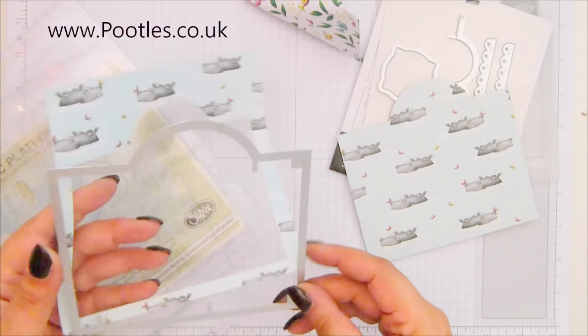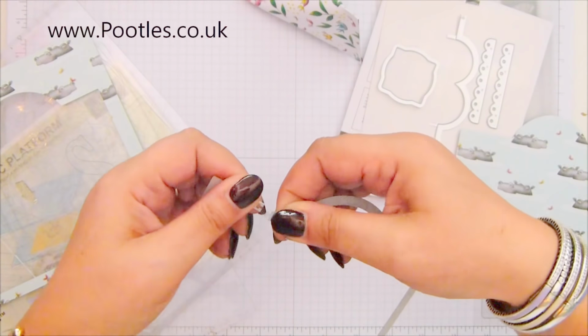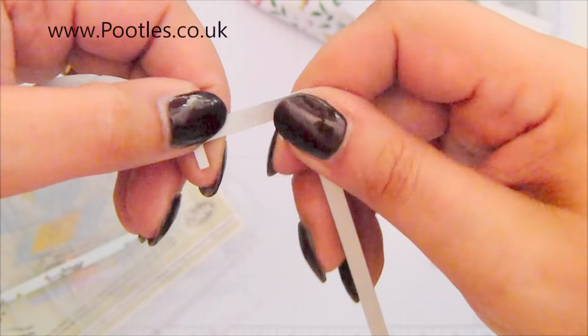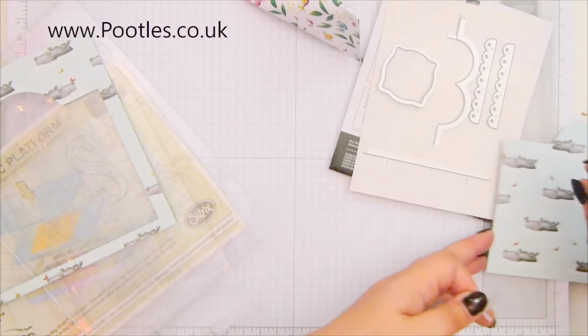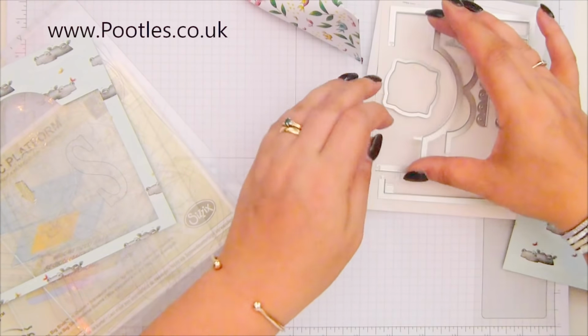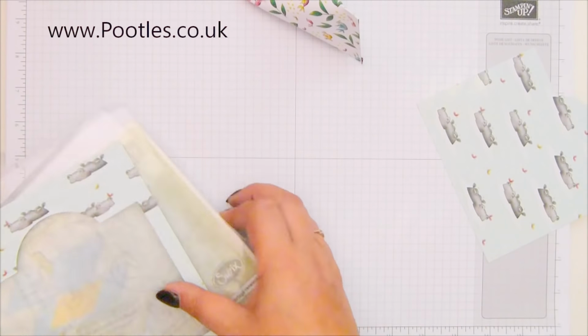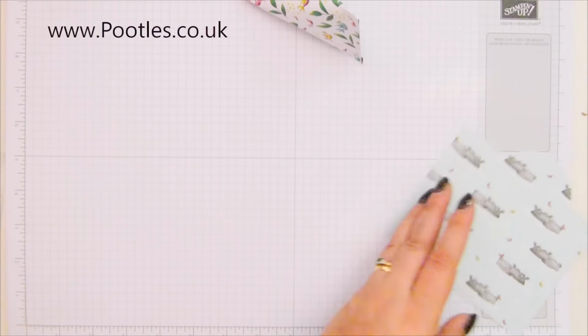So, there's my bits, and you just gently wiggle them to separate them. And they go back in. And yeah, variety. We love variety, don't we? Okay, let me move that lot out of the way. So